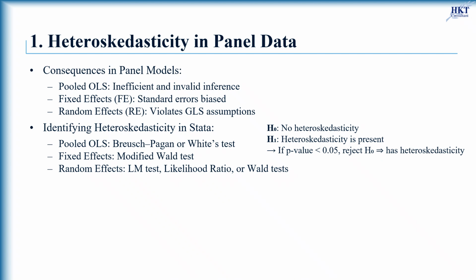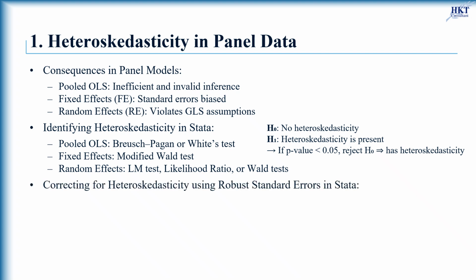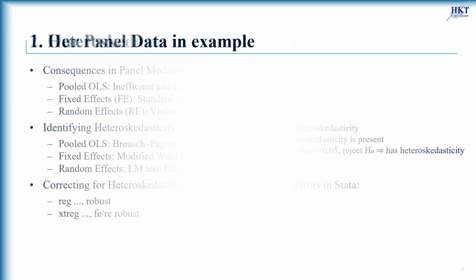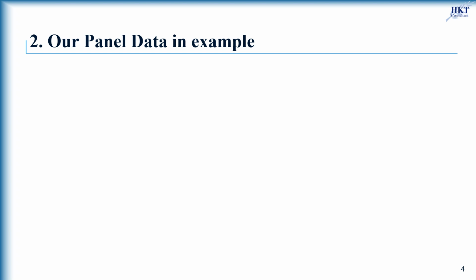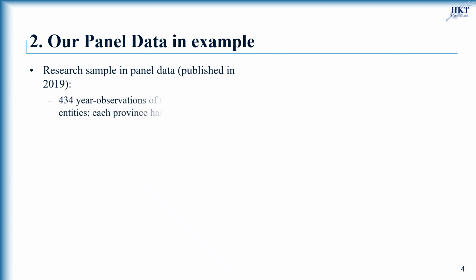In cases where heteroskedasticity is detected, the simplest and most widely used correction involves estimating robust standard errors. Specifically, in Stata, this can be implemented by using the robust option when estimating pooled OLS, fixed effects, and random effects models. We show now how to detect and address heteroskedasticity in Stata, using our own panel dataset, which comprises